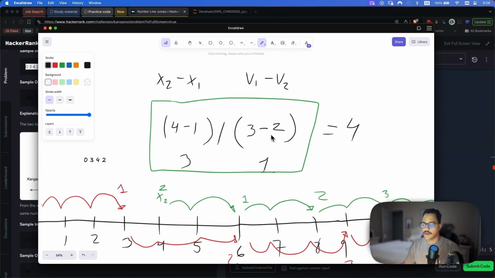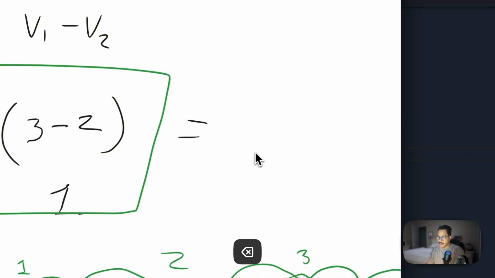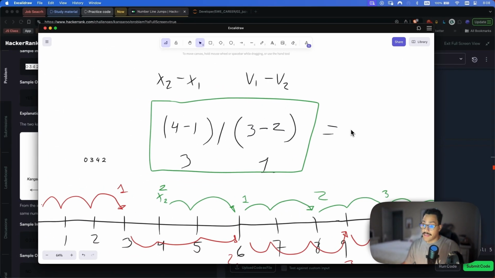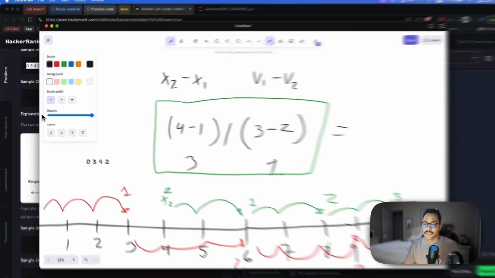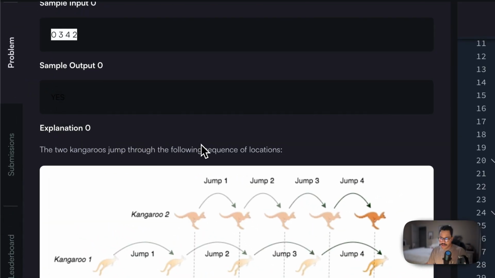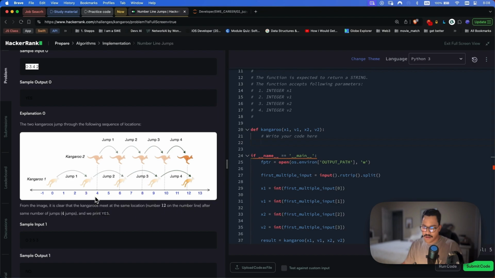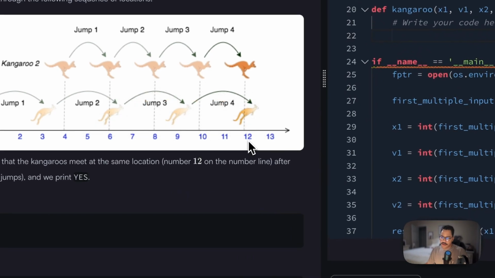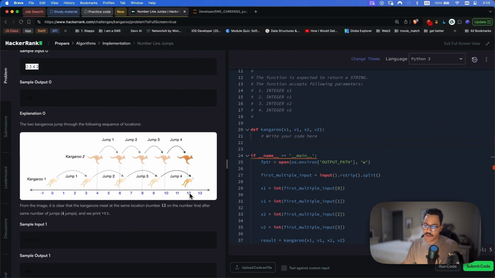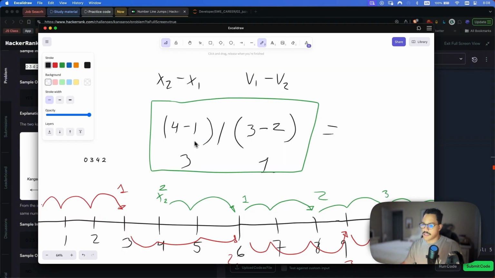And 3 divided by 1, it's 1.5. So that gives me a floating point number, and that's a problem, because they have to meet on a whole number, right? So them having to meet on a whole number tells me that